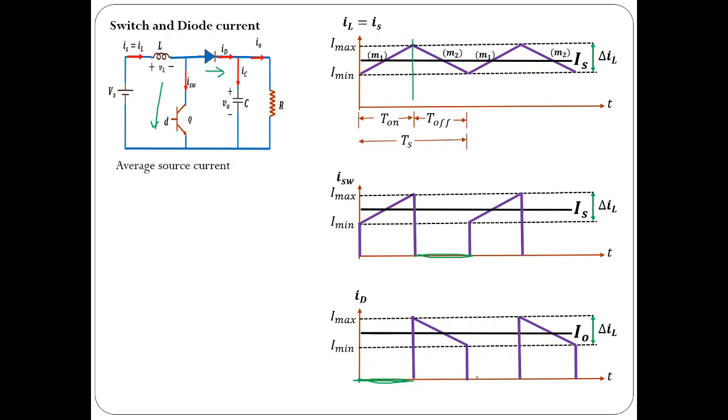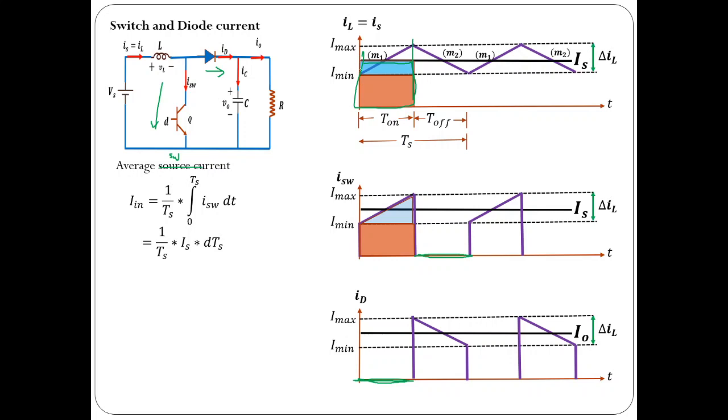Now, for example, if you want to find out the average switch current, I'm sorry, it is not source current, it is switch current. So let me make this correction. It is not source, it is switch. So average switch current is equal to 1 by Ts into the area under the switch current over one complete cycle, one complete switching period. And how do you get that? You can get it this way. That is same as this area. So this area and this area both are going to be equal.